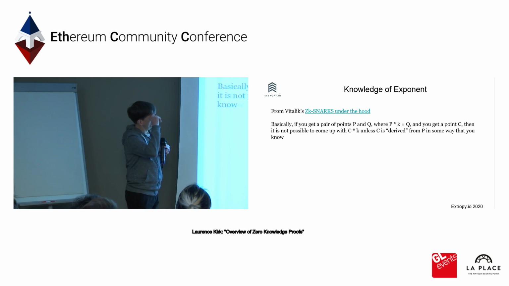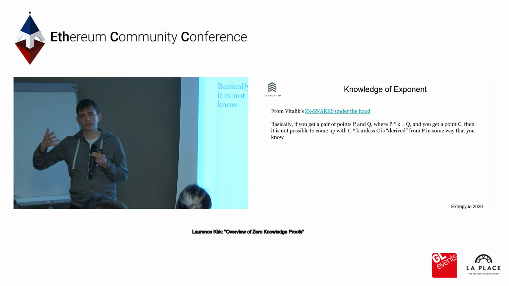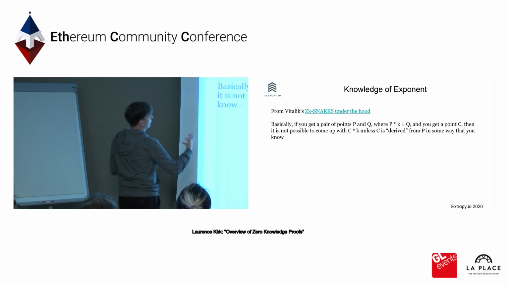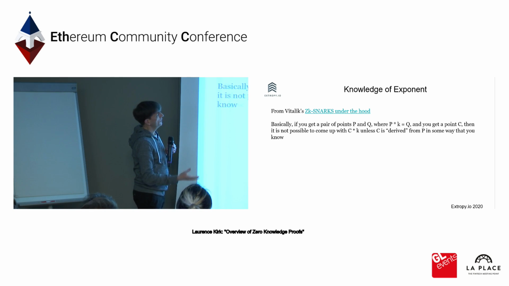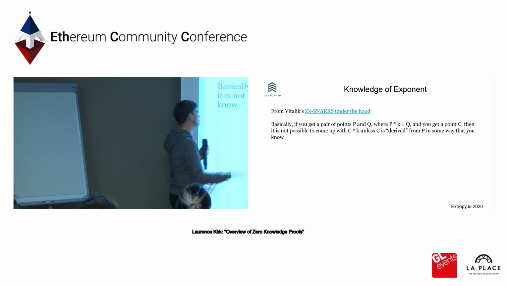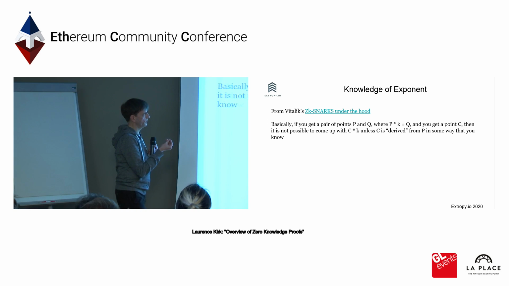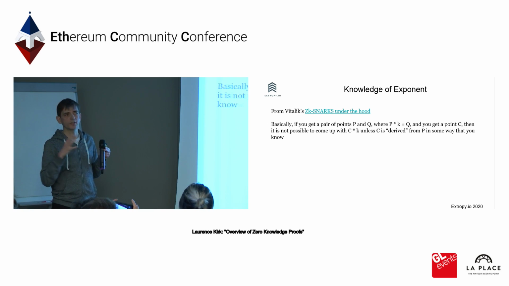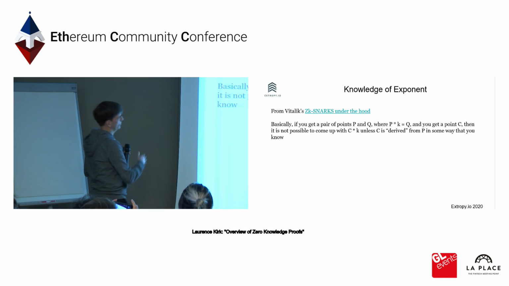But the idea for knowledge of exponents is that when we're doing zero-knowledge proofs, we're often looking at polynomials and proving that these in fact match, that we can match polynomials together. So we're looking at a pair of points. We're trying to prove that if there's some value k that is unknown, it doesn't leak between the prover and the verifier. A lot of the zero-knowledgeness of ZK-SNARKs comes down to this fact.